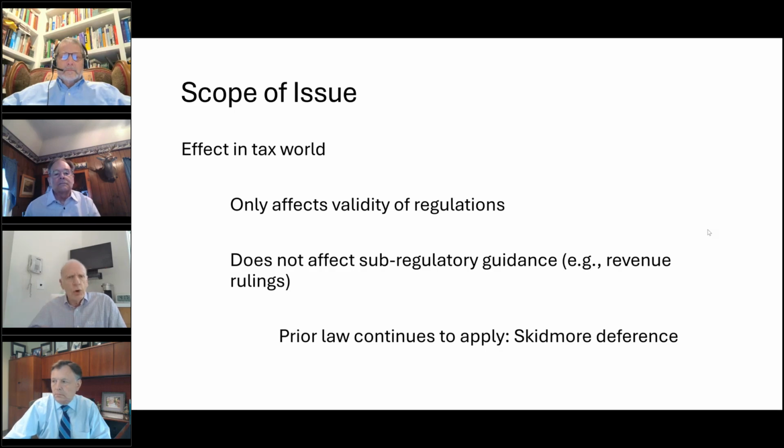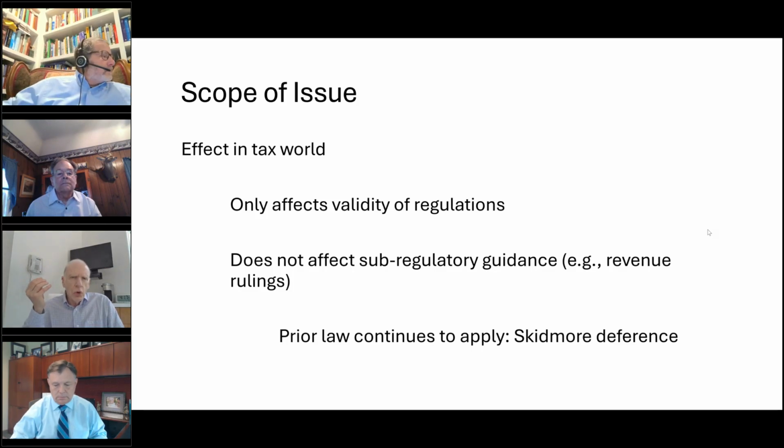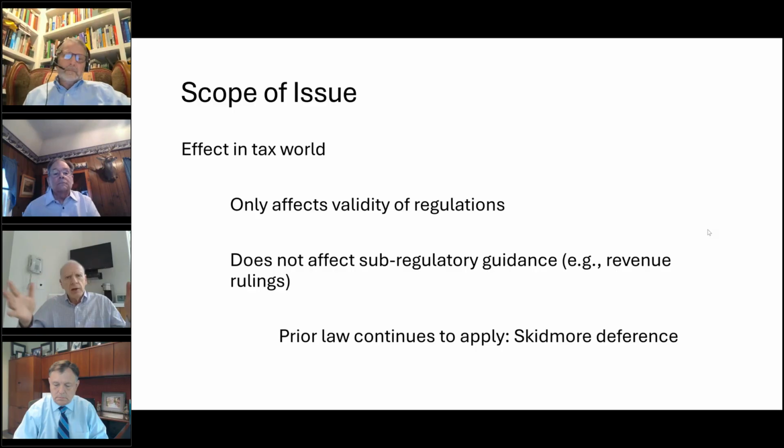In 1984, the court decided Chevron, and the effect of that decision was to do something that was somewhat surprising. The Supreme Court in Chevron surrendered to the agencies the authority to interpret ambiguous statutes. And I say surprising because it's unusual for a court to say, okay, we've got this authority to interpret ambiguous statutes, we're going to give it up. We're just going to let the agencies decide. But that's what they did in 1984. I won't go through now why they did that in the interest of time. Maybe if we have time later on, we can get back into it.